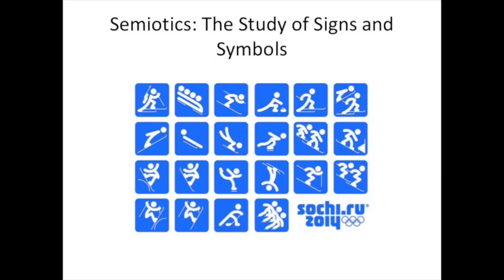Okay, the first slide I want to talk about, as the title slide says, is Semiotics, the study of signs and symbols. And if you look at that, you can see that there are several different Winter Olympic sports being indicated. The fact that we can look at the images and determine that the first one is something involving skiing and shooting, and the next one has several people in a sled, and then we have downhill skiing, then we have curling, cross-country skiing. The fact that we can identify what these are, if we know enough about winter sports, indicates that these are icons. We don't have to be taught their meaning. We can just deduce their meaning from what is depicted.